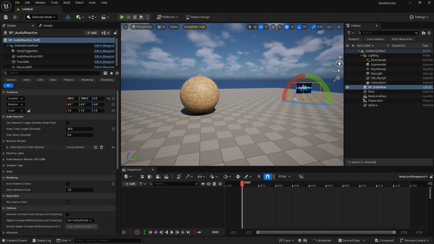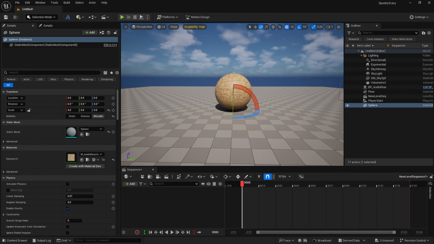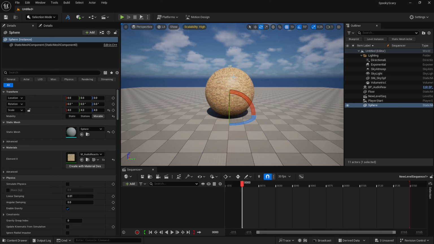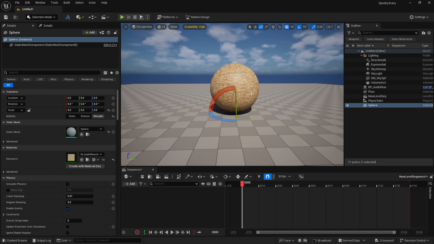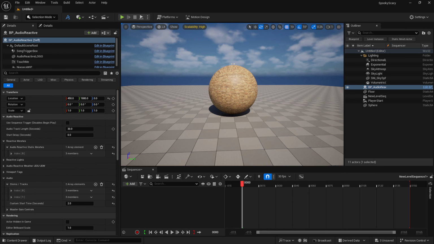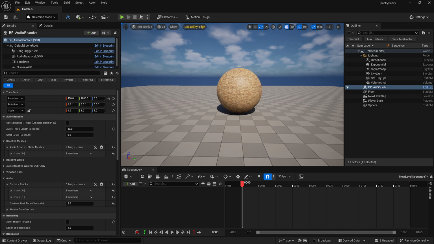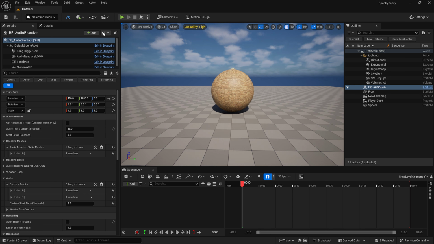Now, we're not going to bring our mesh into our sequencer timeline because its animation movement is going to be overridden by the blueprint, by all the audio reaction. So nothing you do down here is going to animate an object that is in my blueprint. But the way around this, you actually have two ways.